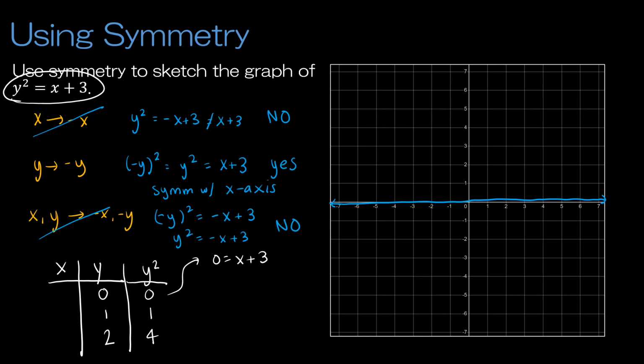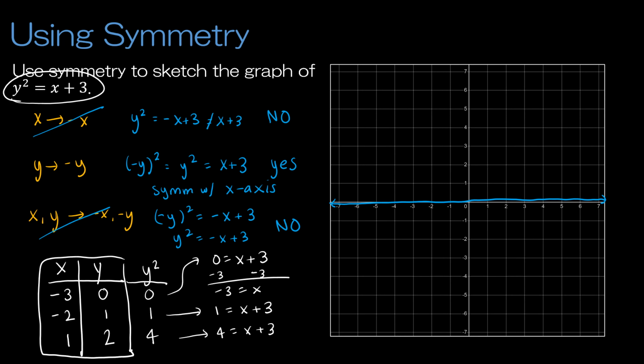So that means x would have to be negative 3, obviously by subtraction. Minus 3 minus 3, negative 3 is equal to x. I'm going to do that as well for 1 is equal to x plus 3, which would give me negative 2, and 4 is equal to x plus 3, which would give me 1. So what I can do is now plot these points, negative 3, 0, negative 2, 1, and 1, 2,